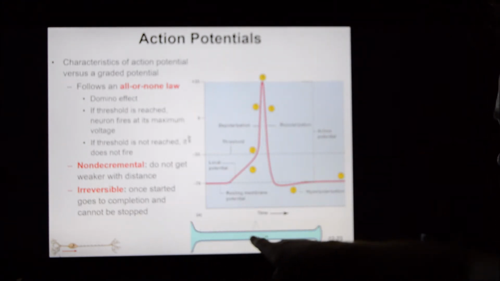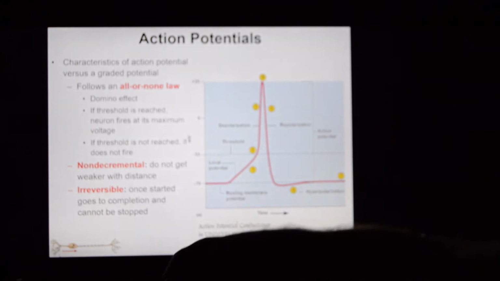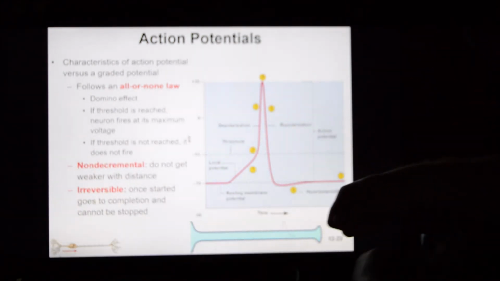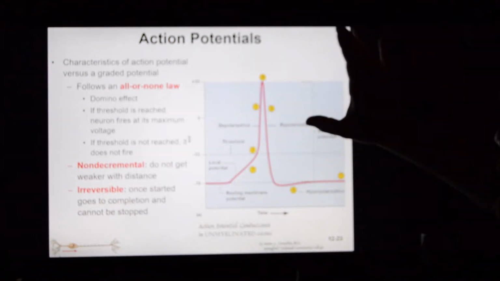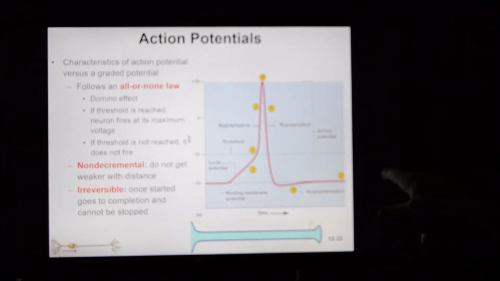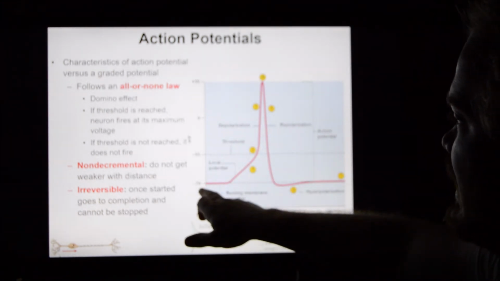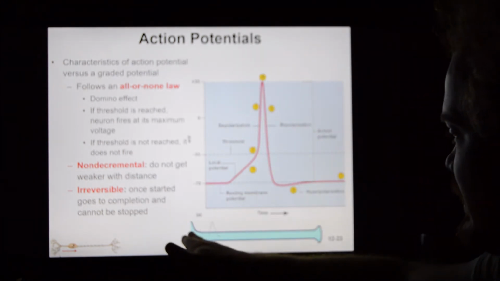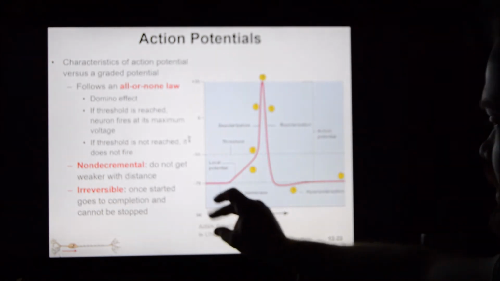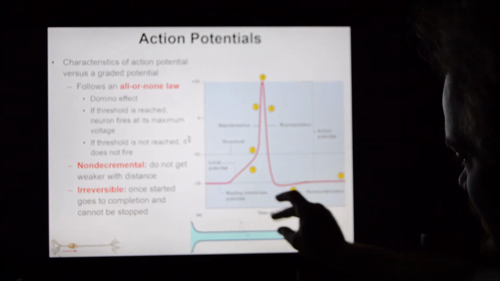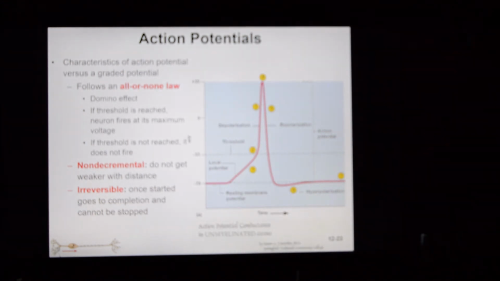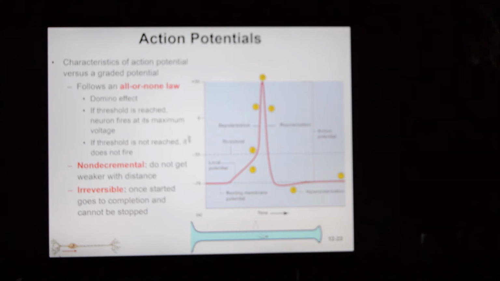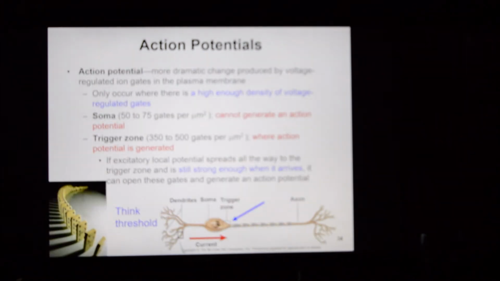This is continuous conduction. It's like if I had a big long rope and I could put a wave in this end, and you can see the wave shooting down the length. That's an action potential. It's going to shoot down the length and exchange in charge, going from -70 all the way up to the positive side of the spectrum. All the way down the length. Boom, boom, boom, boom, boom. This is the opening of gated ion channels. Ions, ions, ions, all the way down the length of this. That is an action potential, triggered by the axon hillock or the trigger zone. That's exactly what I'm saying here.